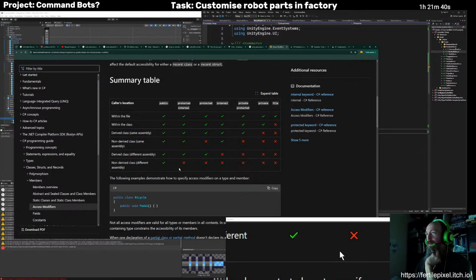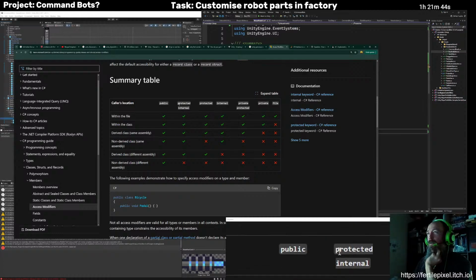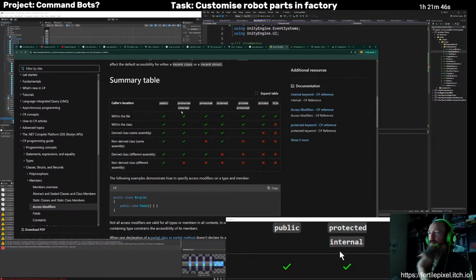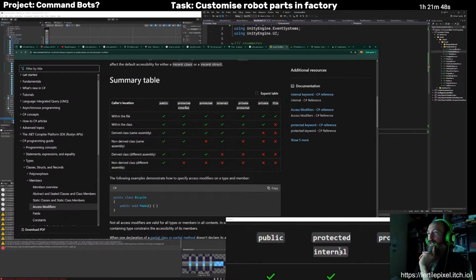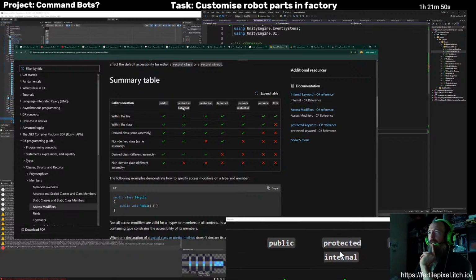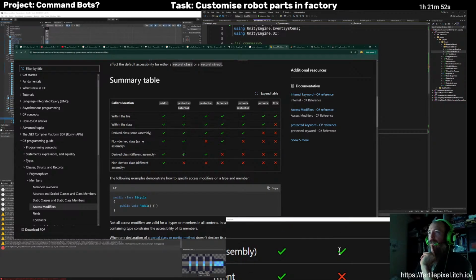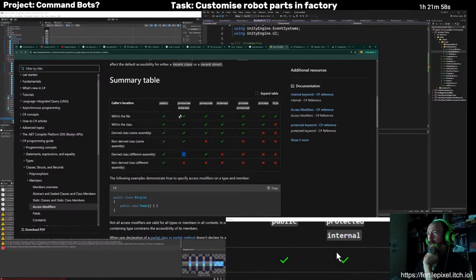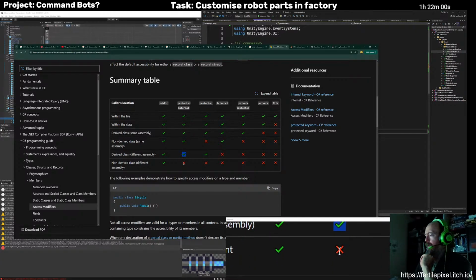Then there's protected internal, which is you can basically access it from subclasses that are in a different assembly or anything in the same assembly, but nothing outside of there.